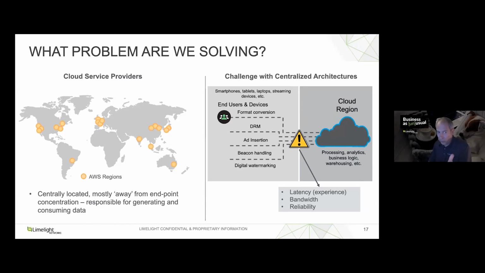If we think about where the cloud service providers are, and here's an example of some AWS regions, as I would call them, centrally located, and on the right is the challenge. What it's really about is trying to say, well, look, we don't need to do all of it in the cloud and then send it all forward and take all of the messaging back and then process it in the cloud again, because that does introduce latency in all aspects of the applications. It consumes bandwidth, which is expensive in the cloud. And there are reliability aspects to think about. Is it the right thing to do to send that data that distance? Is there a better way to do it, becomes the question.